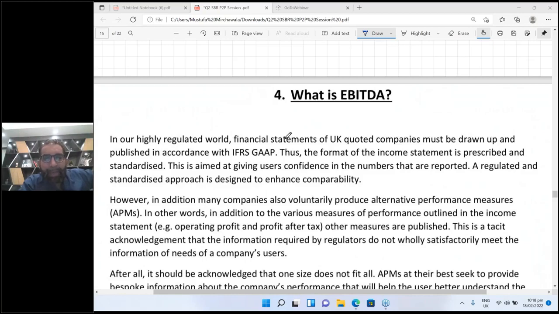This is aimed at giving users confidence in the numbers that are reported. Yes, a regulated and standardized approach is designed to enhance comparability. They really want everybody to use almost the same format, the same type of accounting, so that the books are comparable. One of the objectives of your standard board's framework is to enhance comparability. We all know this. However,